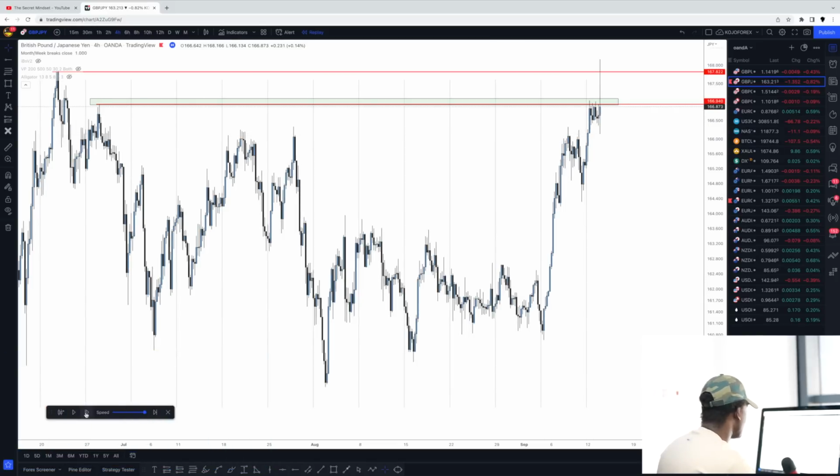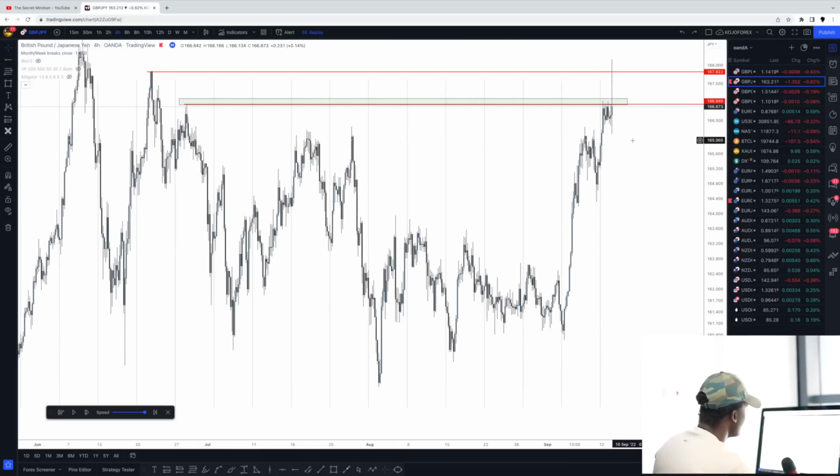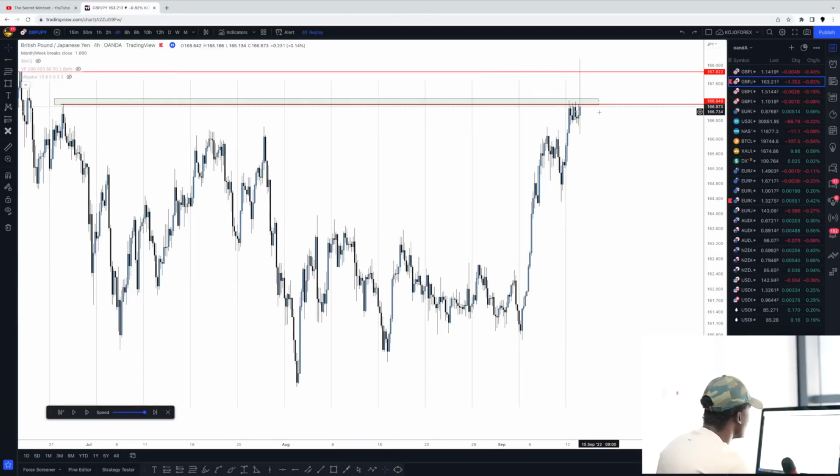So yeah, exactly what I said. That's where you guys see that this GBP JPY actually spikes up, and if you have your trade entry anywhere before this range, then you'd be taken out of the trade, right? If not that, then you're going to be in a huge drawdown before perhaps it comes back into the entry range, right? So I was very patient watching here because I still had not got any confirmation that the